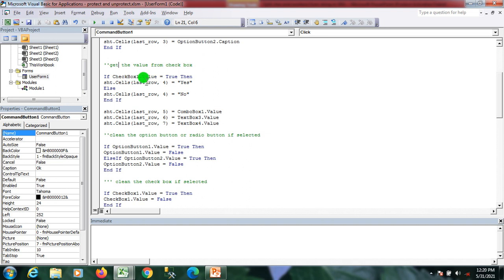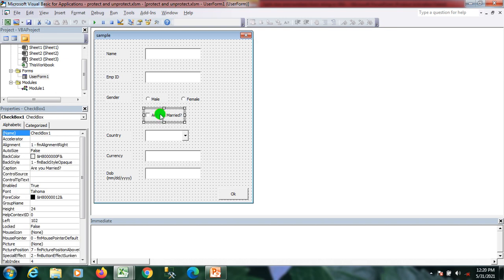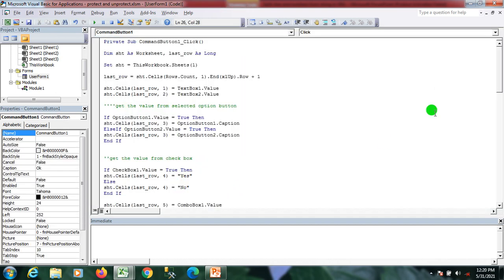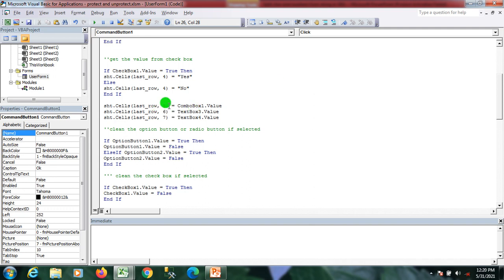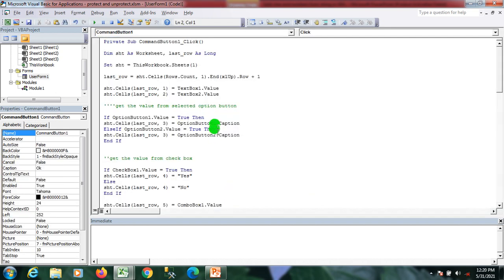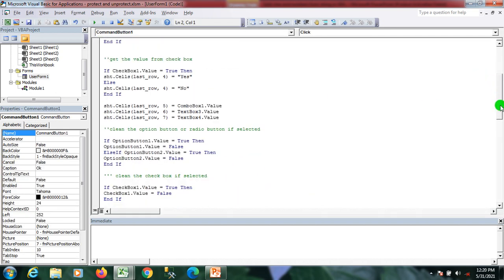If check box dot value equal to true, then in column 4 I print yes, else I print no. Here is the check box, you can see that once I check this, it automatically gets yes, otherwise it will take no. Here in the combo box, country, I store the value from the combo box to the Excel sheet in column 5, and the value of text box 3 in column 6. From text box 4 I save the value in column number 7.